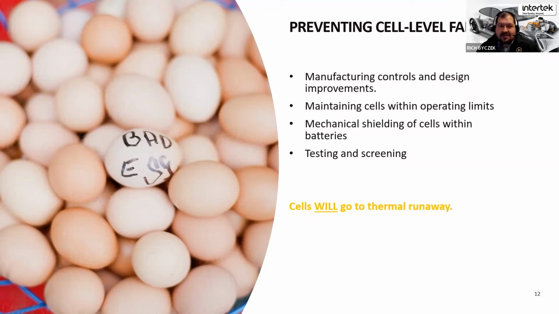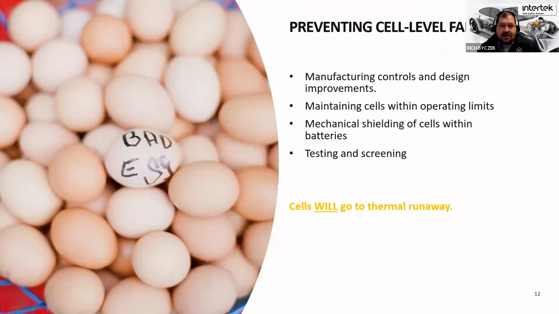Maintaining cells within the operating limits. This is more of an engineering factor. Battery management systems, thermal management of the battery. Let's just maintain it within that temperature, current, and voltage range, and assuming the vast majority of the cells don't carry a latent manufacturing or aging defect, that battery is going to perform well all throughout its usable life. Eventually, it's going to reduce capacity, but that's a normal effect. And generally, reduced capacity by itself is not a safety hazard, but rather a performance side effect. Performance side effects are much easier to deal with than, of course, the safety hazards.